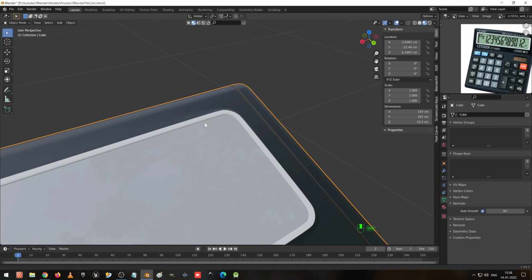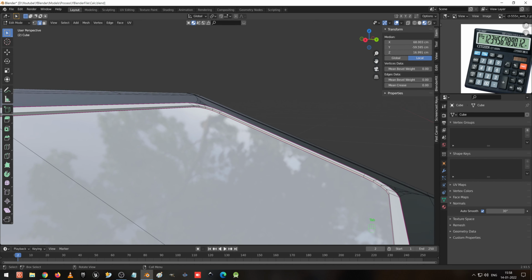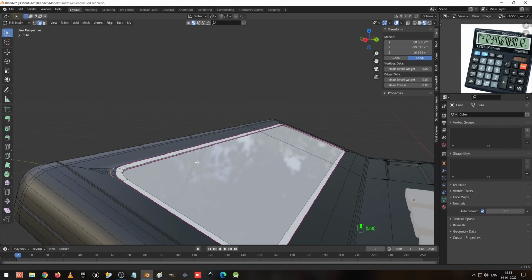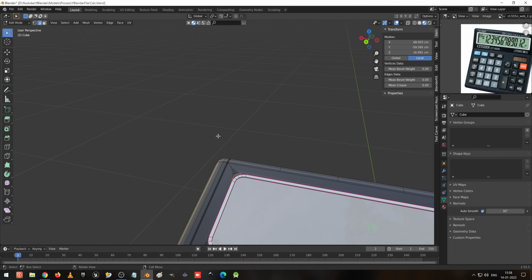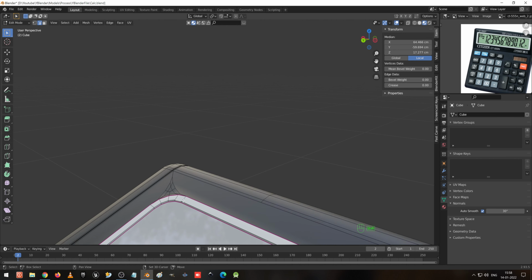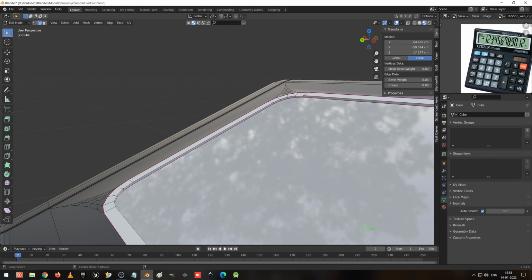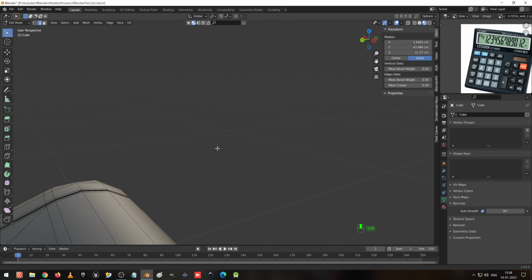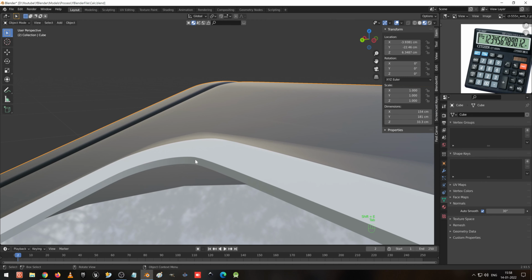Okay, this side everything has matched perfectly. This side is very nice. Okay, select this corner and press Shift E and press 1 and go to edit mode and see, it didn't come.